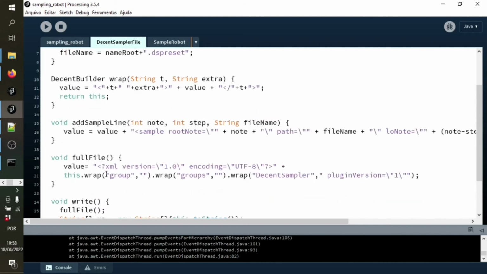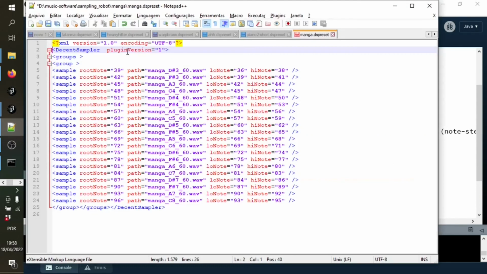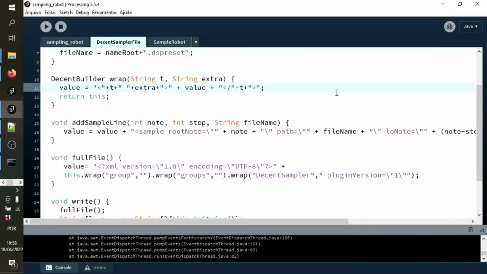Like here, we can just say wrap the whole thing, currently the value in currently in group. We wrap it again in groups. We wrap it again in Decent Sampler plugin version, like that. So this line here takes whatever is the inner body of our thing and wraps these around it in the right way. I wrote it like that because I like to write something that keeps my tags balanced,